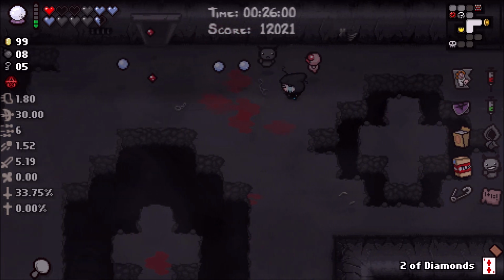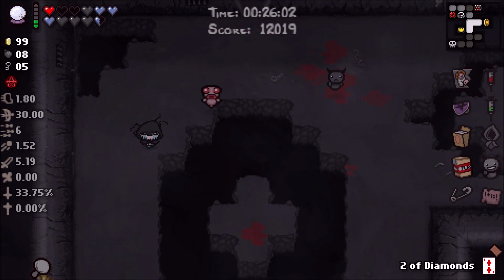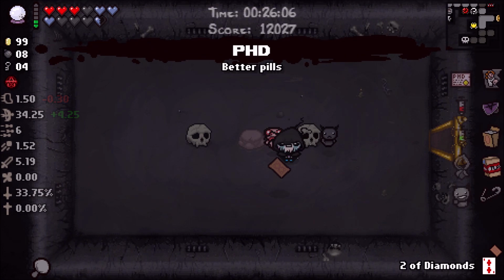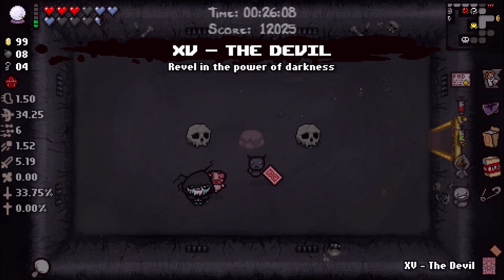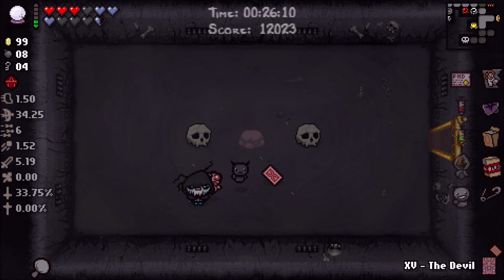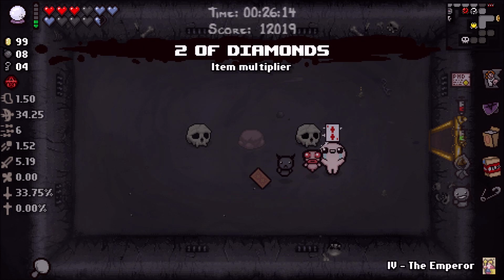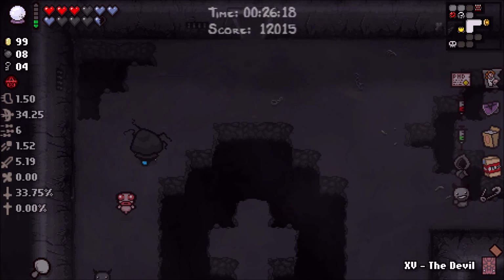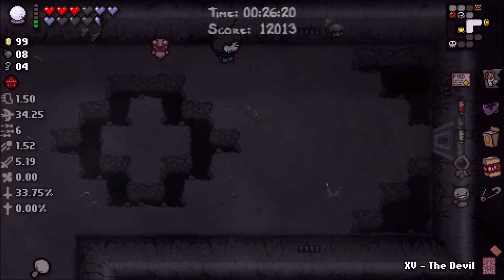Forever wanting more damage. Jesus Christ. PhD. So this gives us, as it says there, better pills. Now because we have starter deck, we don't get pills anymore, we just get cards. So we've got Devil, Emperor, and the 2 diamonds, so I'll just take these 2. We'll go to the shop next, since we've got all this money. Oh, we should have used the 2 diamonds afterwards, but...